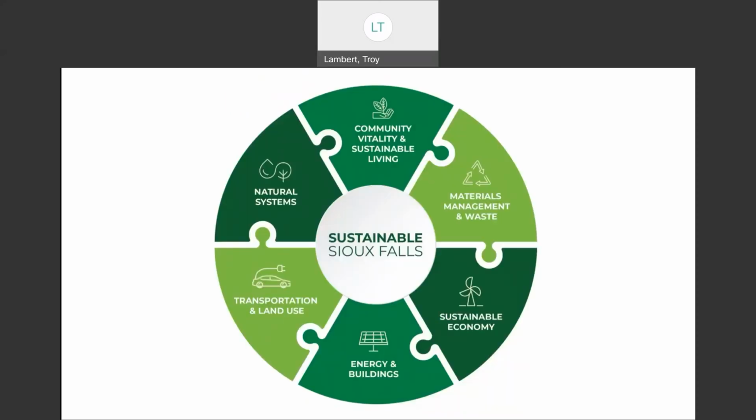And then one other thing with sustainability. This is actually a graphic that's been developed from our sustainability and climate action plan. And this has our 6 focus areas of sustainability for our plan. And the reason why I show this is because it gives an idea of the breadth of issues that sustainability